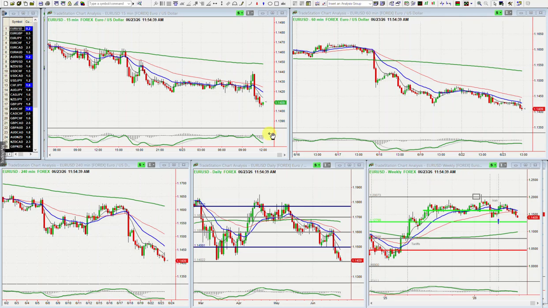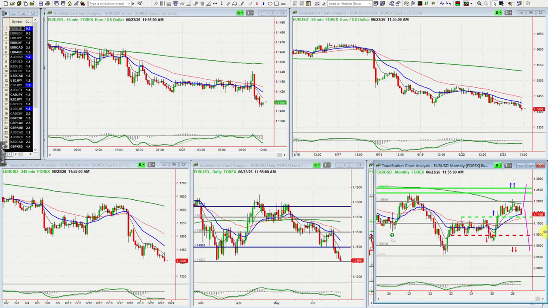Hello everybody, this is an update of the top-down analysis of the Forex market, basically for our live trading day on Thursday. So let's have a look. What are the most important developments since the monthly top-down analysis? Well, actually, it's the euro dollar. The euro dollar. Well, let's go to the weekly chart.